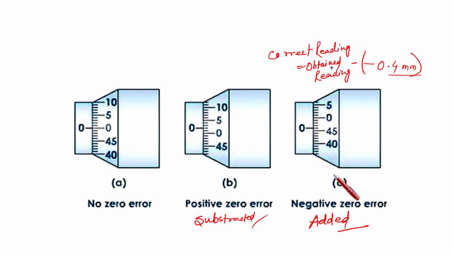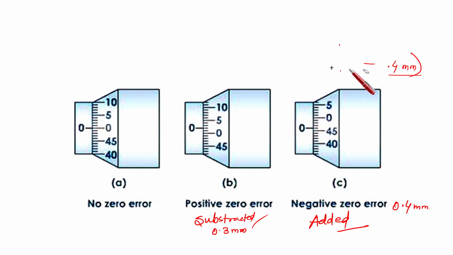Clear? So negative error is 0.4 mm, positive error in this case is how much, 0.3 mm. सो आप उसमें से इसको सब्सट्रैक्ट करो और इसको ऐड करो, ये हटा दो, ये थोड़ा कंफ्यूजिंग हो जाता है, isn't it? तो इतना जानने का जरूरत नहीं. प्लीज रिमेंबर दिस वन, 0.4 mm, 0.3 mm, this one is added, this one is subtracted.